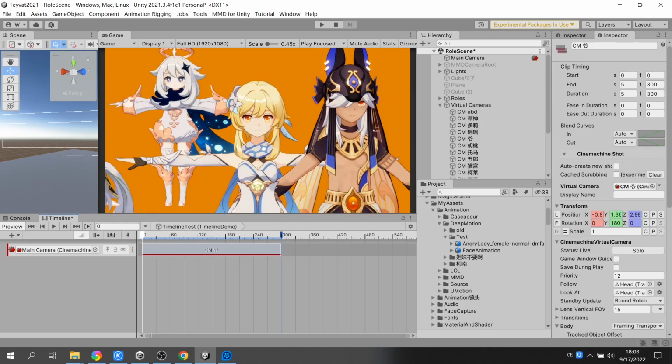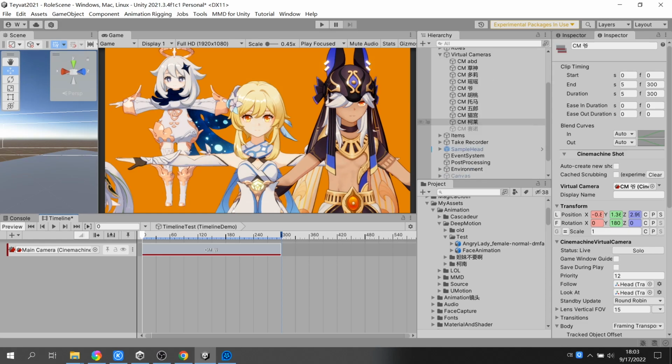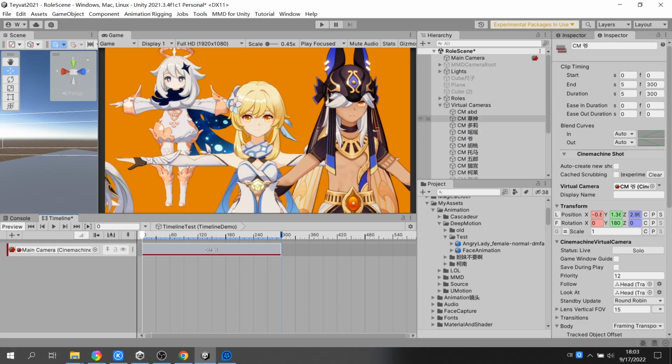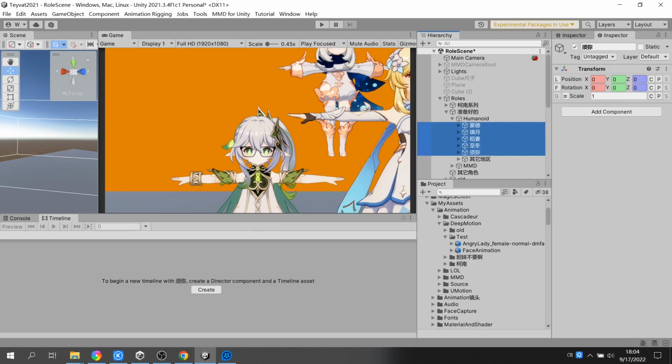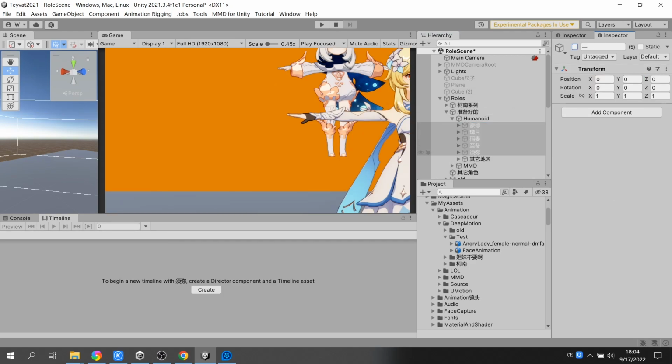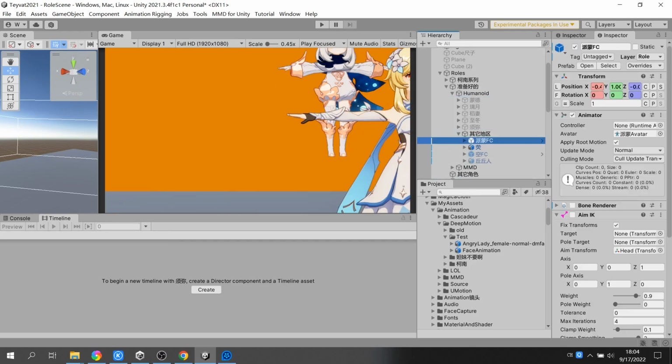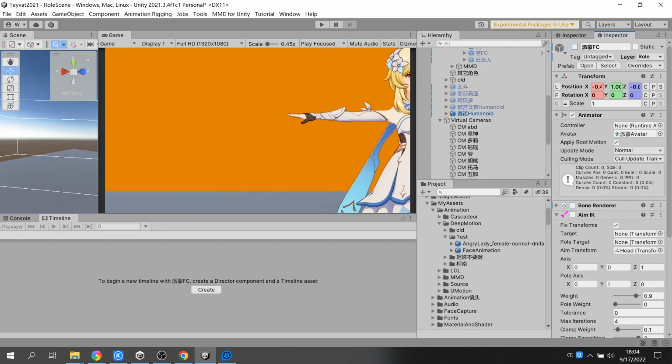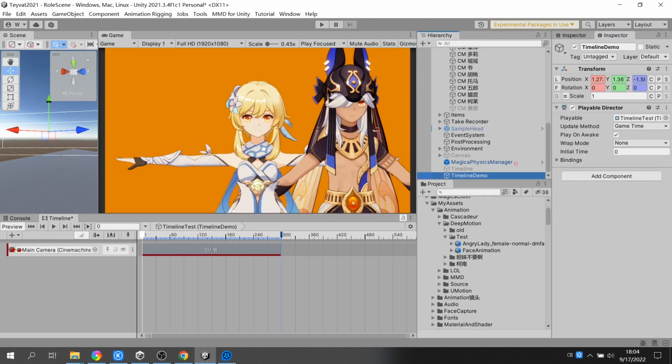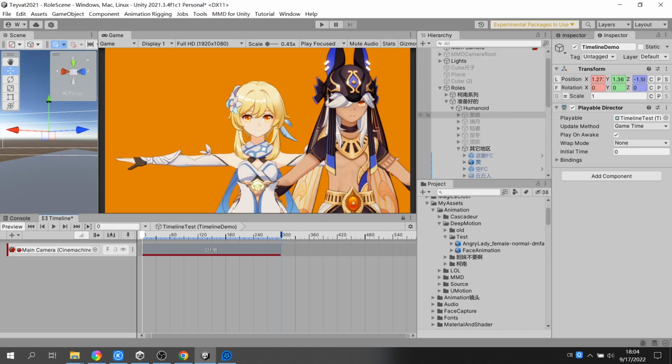Let's hide other characters. You can lock the timeline if needed.